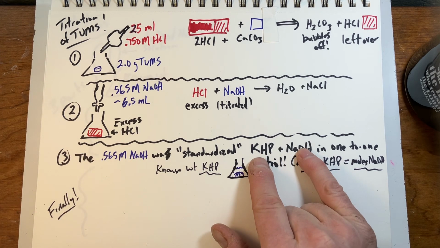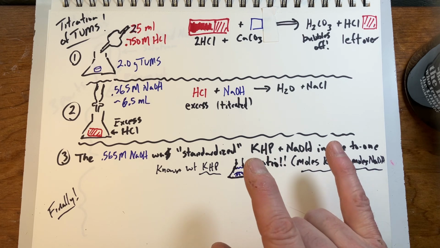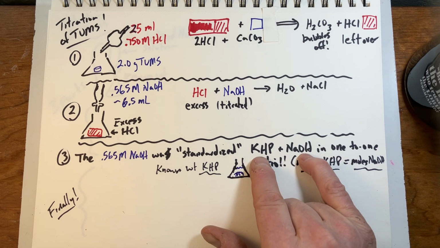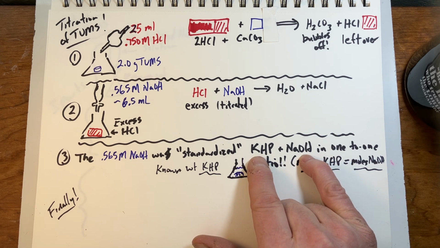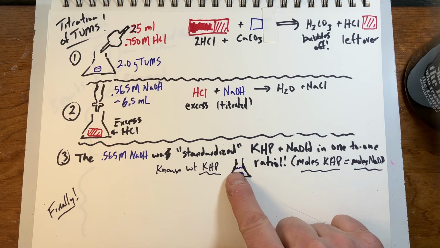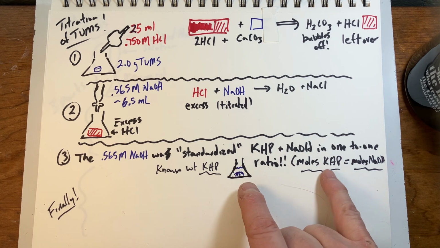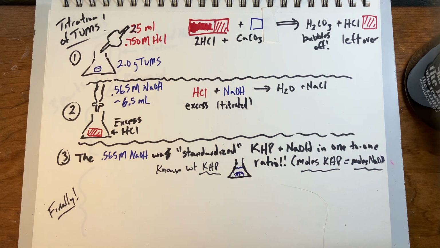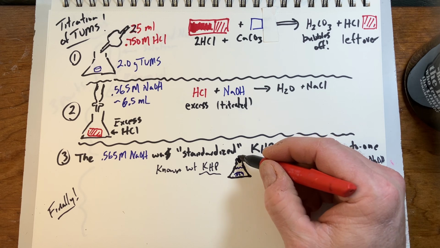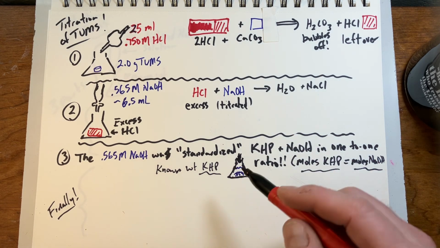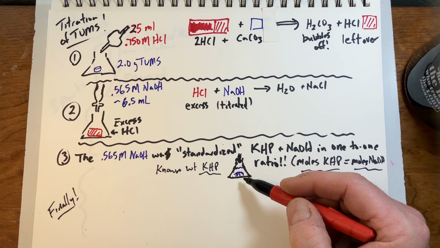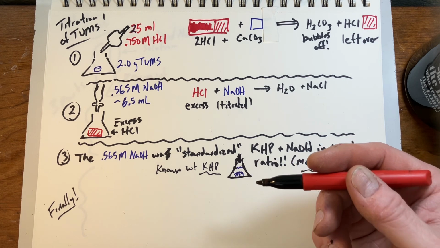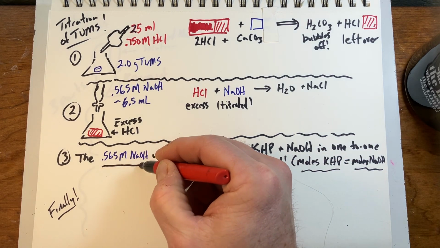Well, KHP and NaOH react in a one-to-one manner in an acid-base reaction, and I haven't shown the products here. I'm just focusing in on these two reacting in a one-to-one ratio. Well, if that's true, then the moles of KHP is going to be equal to the moles of NaOH. And if I know how much I added of the NaOH to this known KHP in moles, if I know the volume, then I can divide the moles by the volume, and I'll have standardized